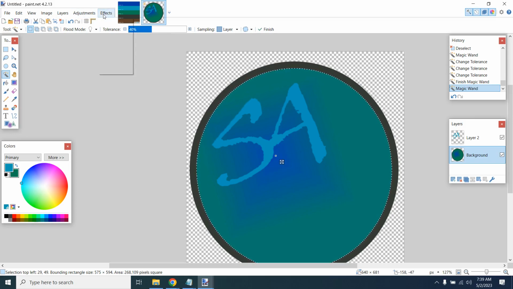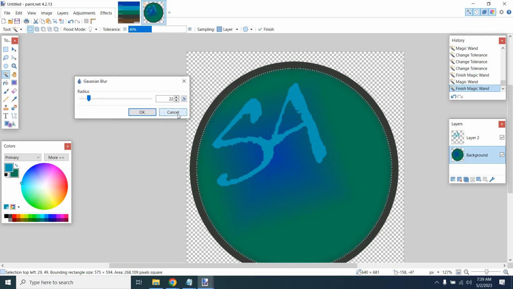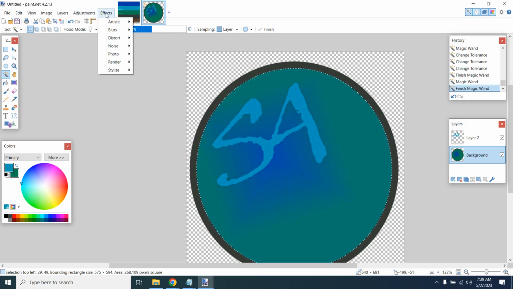If you go under effects here, there's a lot of cool different effects. I'm going to give it a blur effect, and you can increase the radius of this blur. You can see how that affects it. Kind of interesting. Gives it a little bit of a softer tone to it, right? What if I choose